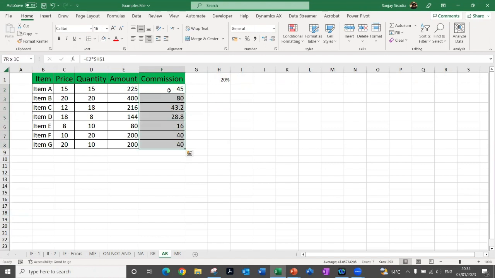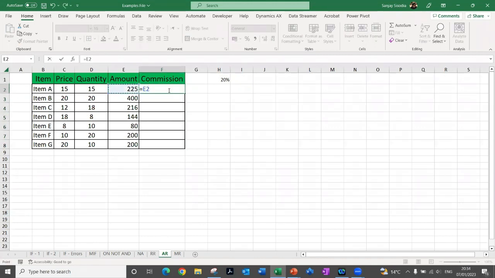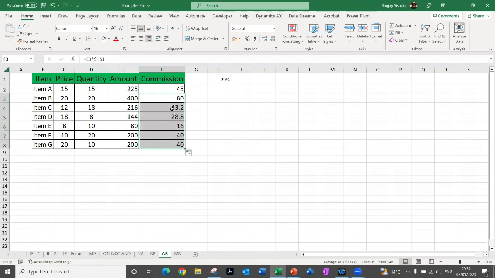Let me remove this formula and rewrite this formula like this. Now, when I copy this formula, this H1 has become constant. It is not changing. Even if I copy this formula and paste it somewhere else in the sheet, you can see that